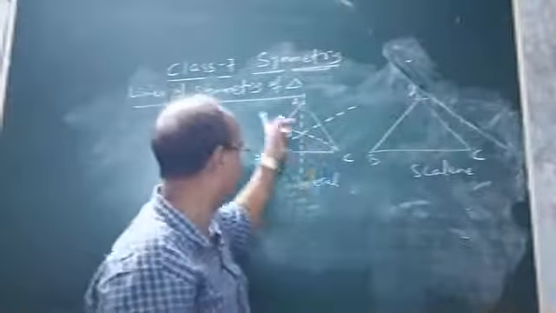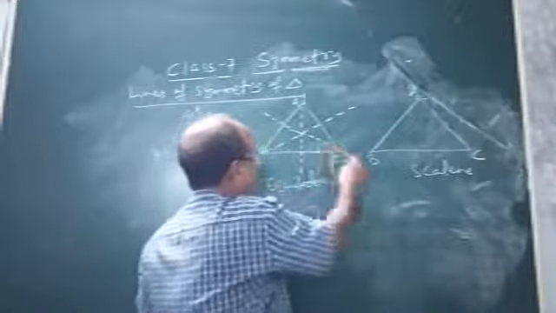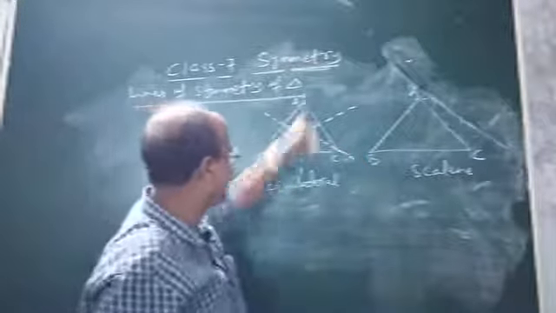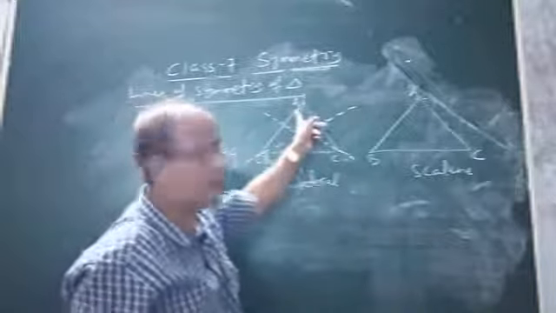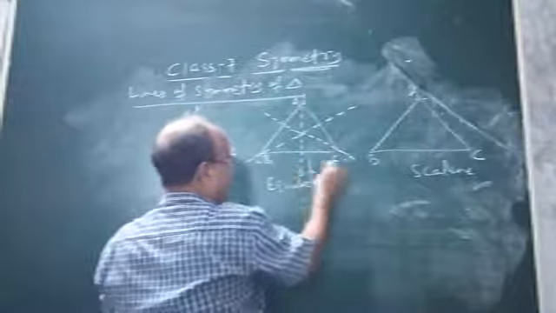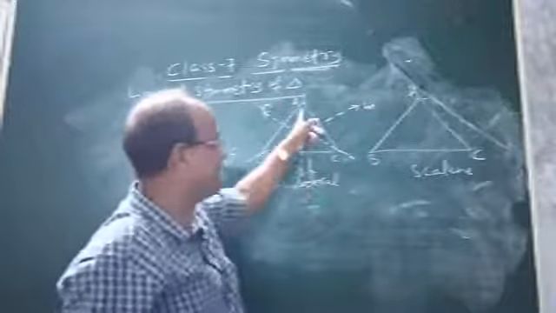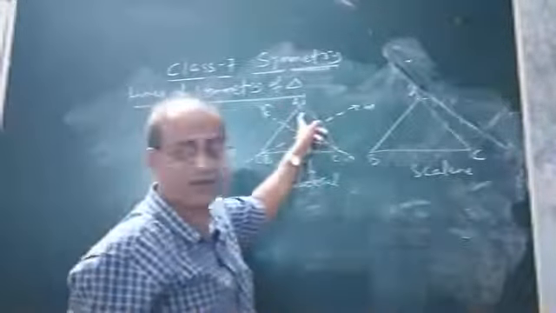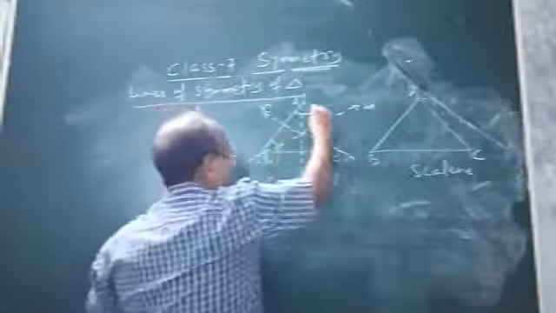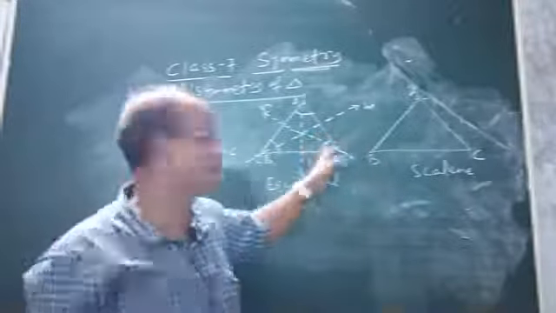See, I have drawn these dotted lines. This dotted line is nothing but the bisector of angle A. You can give names, no problem. Suppose name them L, M, N. You see, L is the bisector of angle A, M is the bisector of angle B, and N is the bisector of angle C. These are the three dotted lines, meaning three bisectors of angles A, B and C.